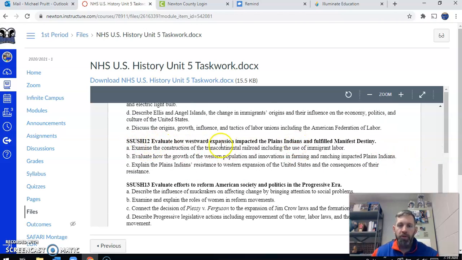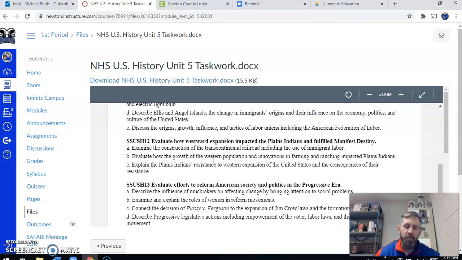Standard 12, we're going to look at the Trans-Continental Railroad, Native Americans, and what's going on with those groups throughout the western part. Remember, most of the tribes on the eastern part of the U.S. we've already seen interactions with. Think about the Trail of Tears with Andrew Jackson. Now the U.S.